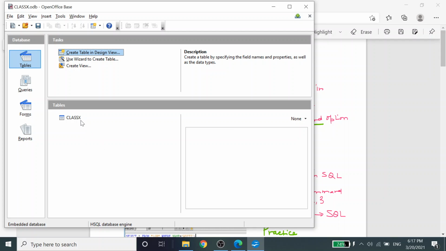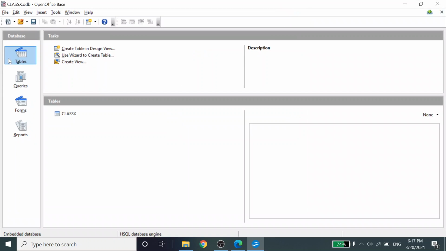So you see here, in the class 10, this class 10 table is created. So let me maximize this. What I did in the first part is I created a table in design view. Now using the same table, I can convert it into a form and a report also. In the last two exams, there was a question: write the steps to create a form or report in a wizard